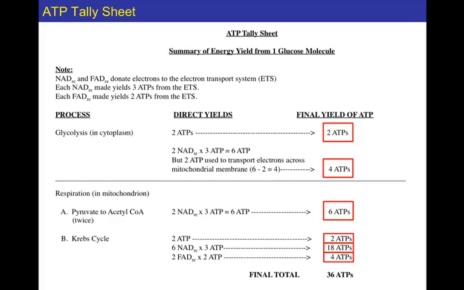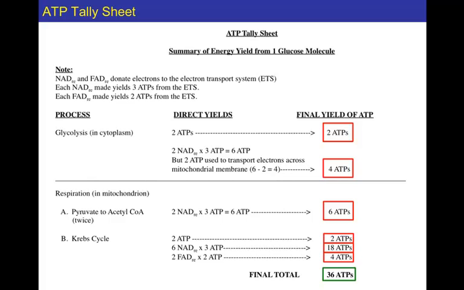And also recall that from each turn of the Krebs cycle, of the 2 turns required, you get 1 reduced FAD molecule, and reduced FADs, remember, are converted into 2 ATPs apiece for a total of ATPs produced from FAD of 4 ATPs. If we add up all these ATPs,